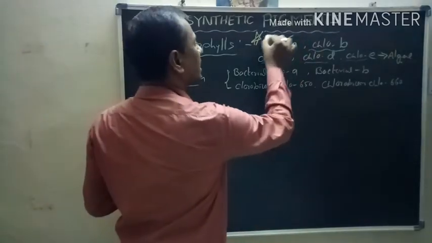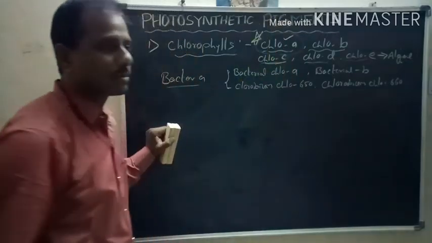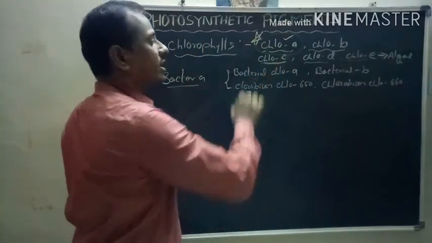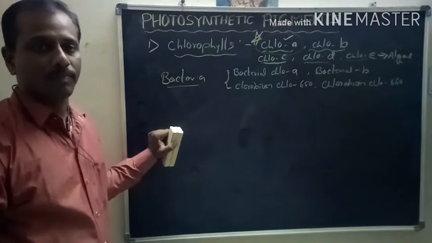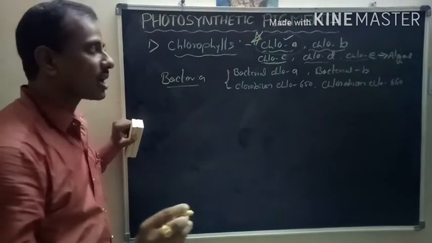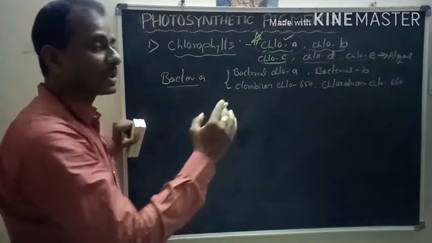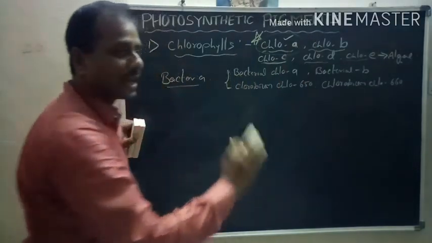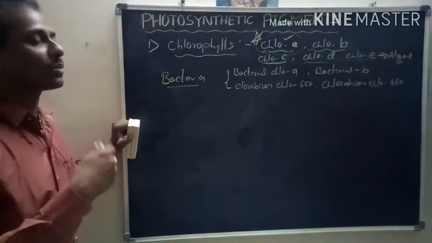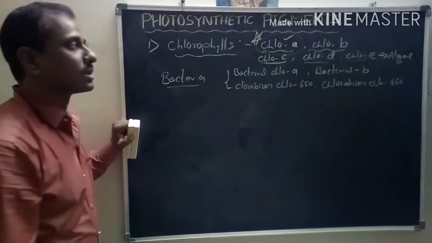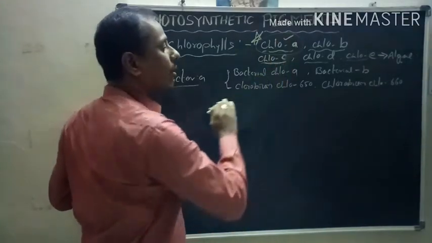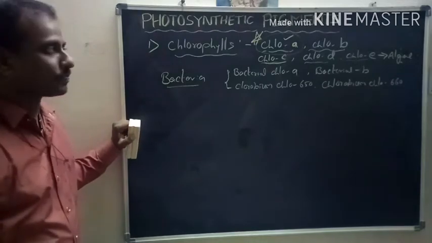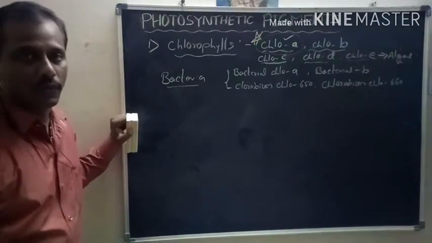These are the chlorophylls, which are the major pigments which help in photosynthesis. So why is chlorophyll present in all the organisms? Because it is the reaction center where the photosynthesis light reaction takes place. That means the chlorophyll that participates, that is only chlorophyll A, is directly involved in photosynthesis. So chlorophyll A is present in all the organisms. So this is about the chlorophylls.